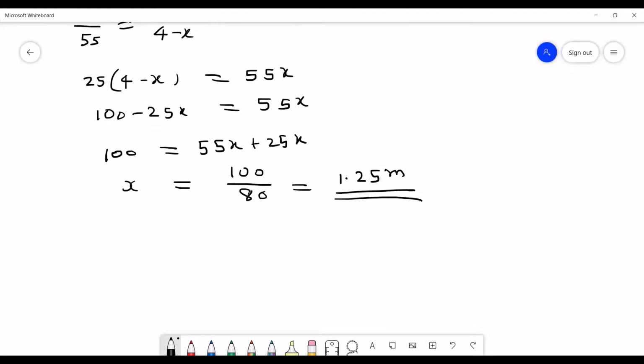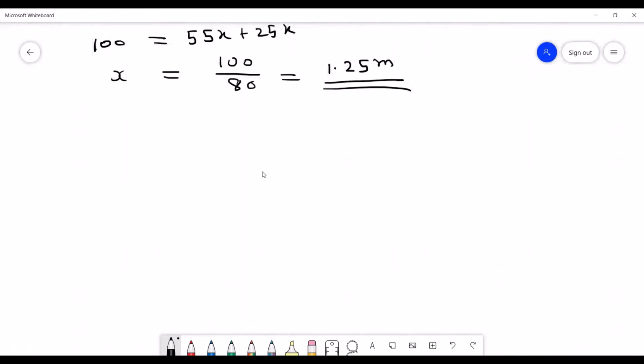1.25 meter. Why have we done this? We are doing this to find the distance of maximum shear force, the zero shear force, from x to D. Wherever the shear force is minimum, there will be maximum bending moment. Now let us go for the bending moment calculations.